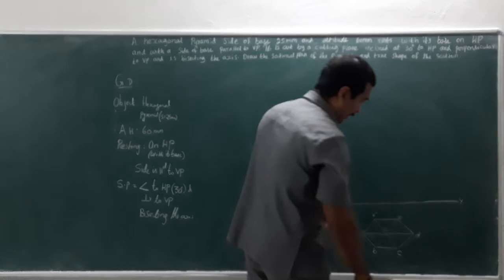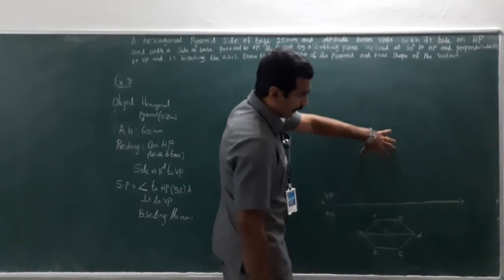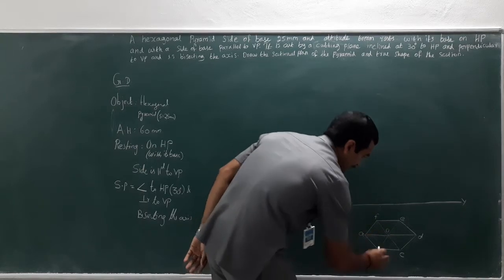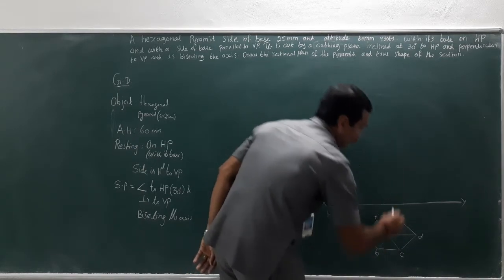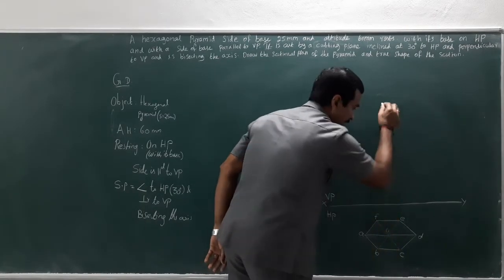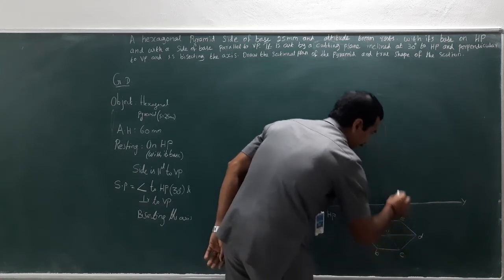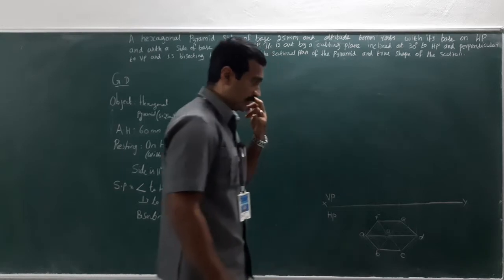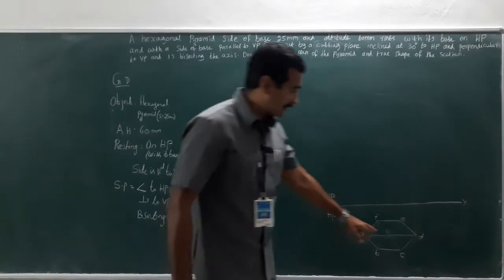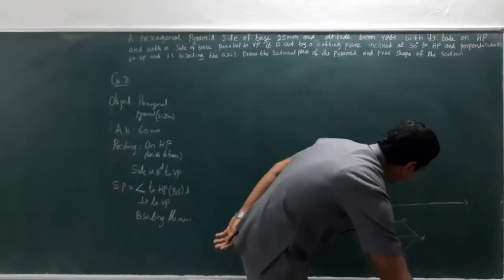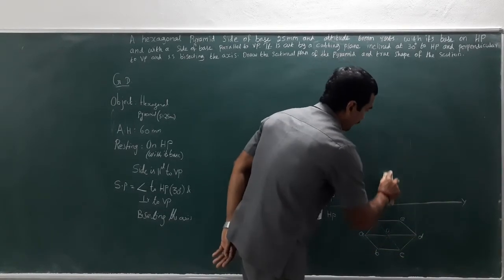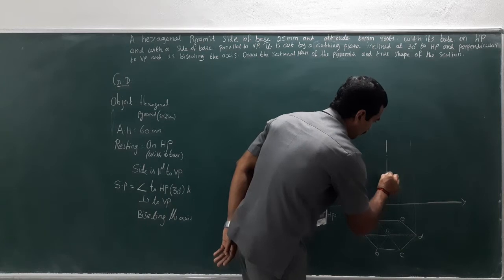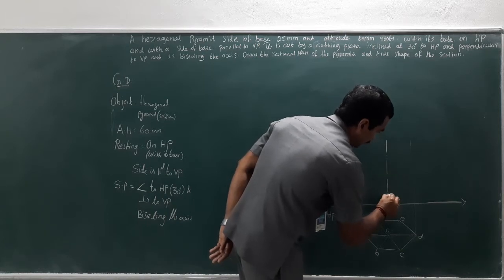Right. Next, what I have to do is draw the front view. So, let me just project everything vertically upwards. B and C will fall on the same line. So, this is the axis, and C and E intersect on the same line. So, let me just extend everything upwards. Here, this is the axis. The axis needs to be denoted by long line, dot, long line, isn't it? So, long line, dot, long line, dot, long line.